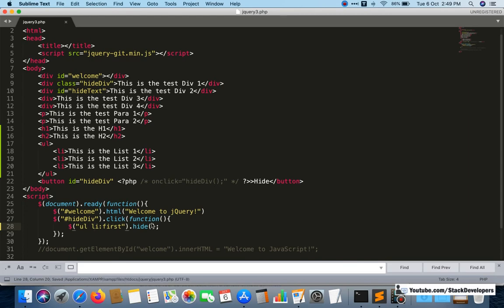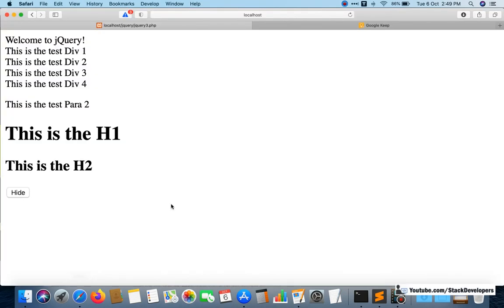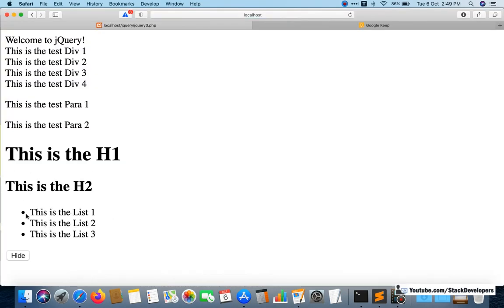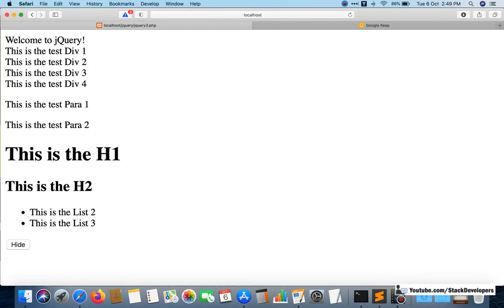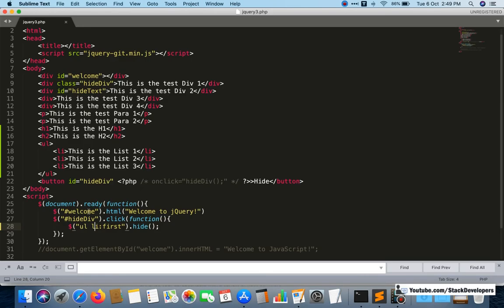Now I am going to show you. Refresh, and now the list 1 will get removed. See, the list 1 is removed now, because we are removing the first element, the first element under ul and li. The main thing I want to tell you here is that this element is located inside another element, and it can happen with any of the divs also.